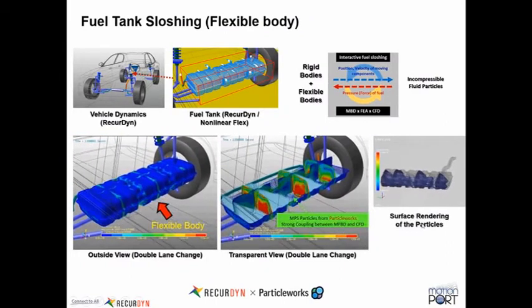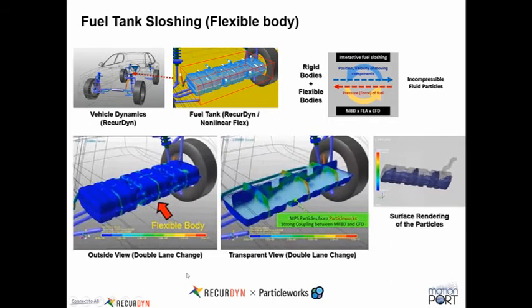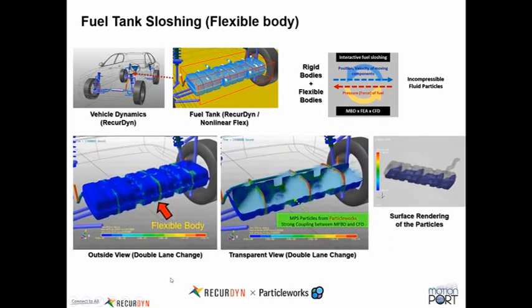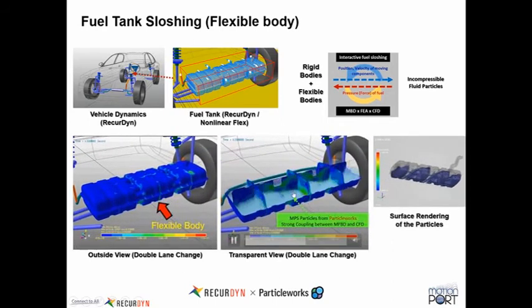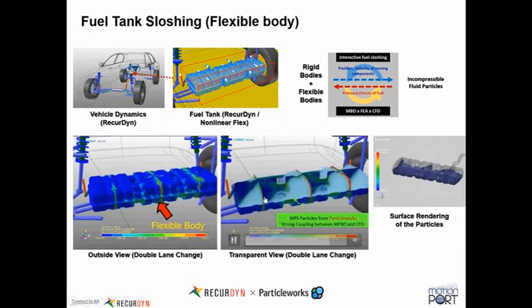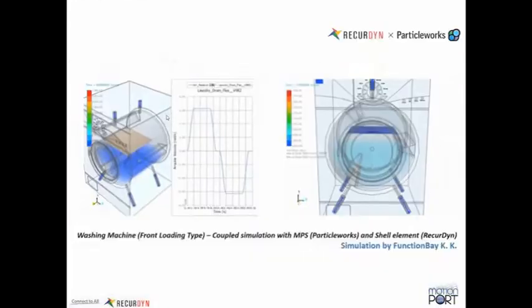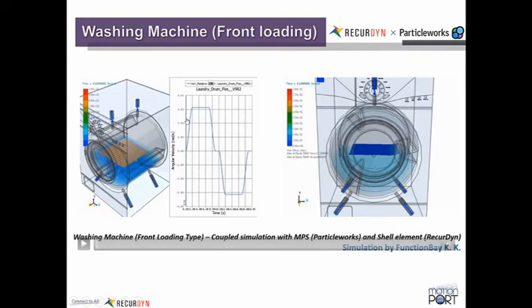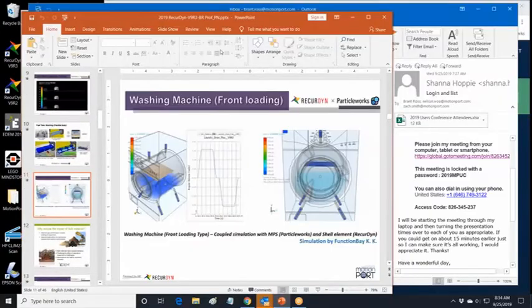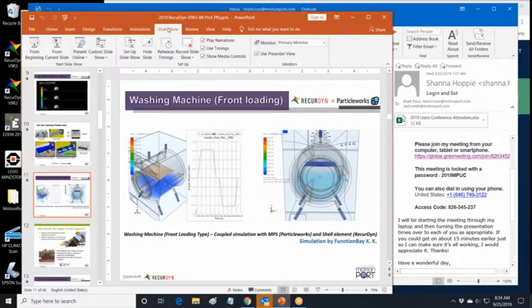So new with the V9R3 is that with this ParticleWorks interface, we have the ability to have the particles actually interact with the Recurdyn nonlinear flex body. So we have a vehicle dynamics model in Recurdyn. The tank is modeled in Recurdyn, and basically,